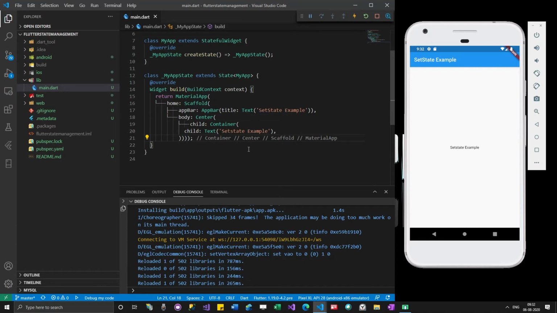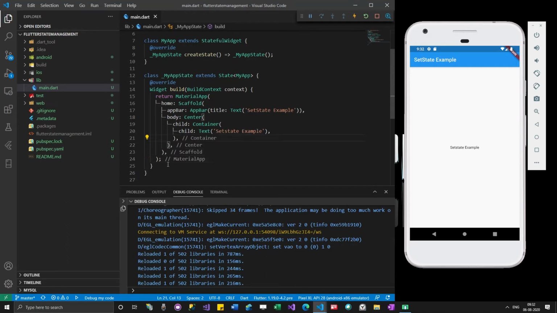One thing I would like to share here: whenever you see that the brackets are not properly aligned, you can just add commas over here, and immediately when you add commas, everything will be aligned properly. But you need to ensure that you are adding the comma in the appropriate place.